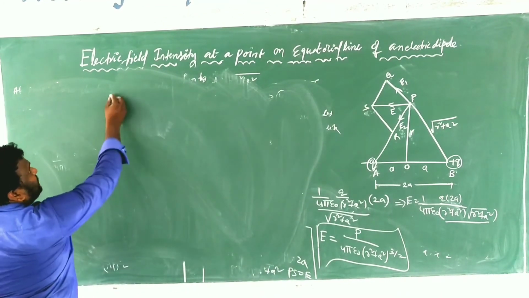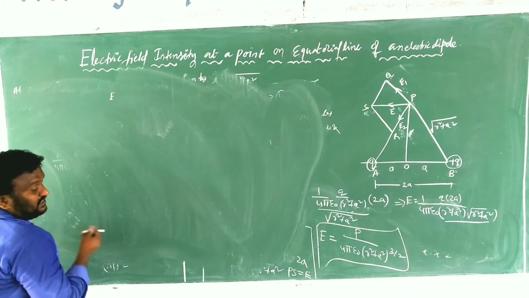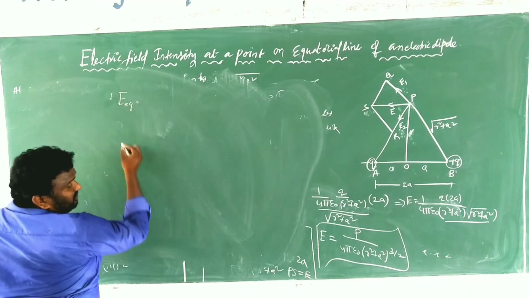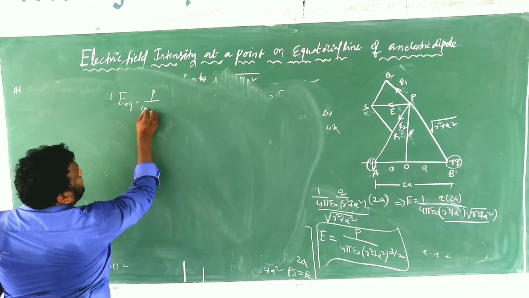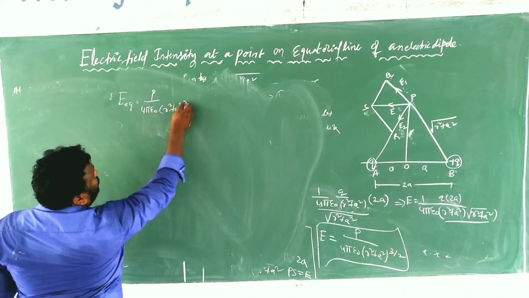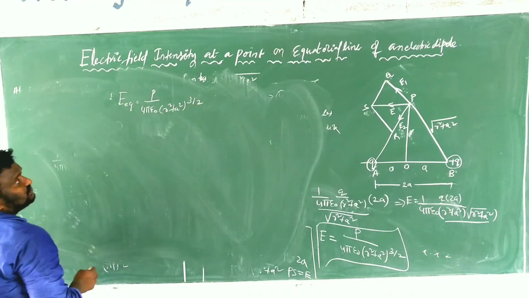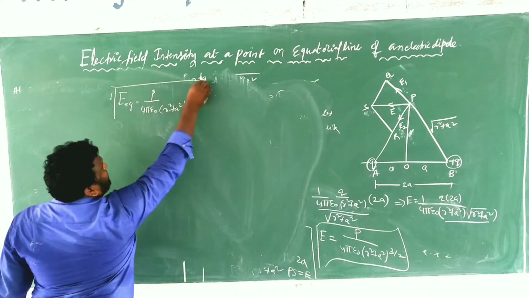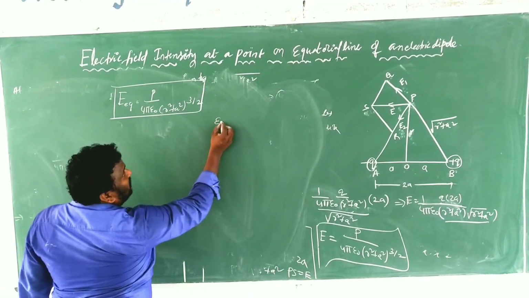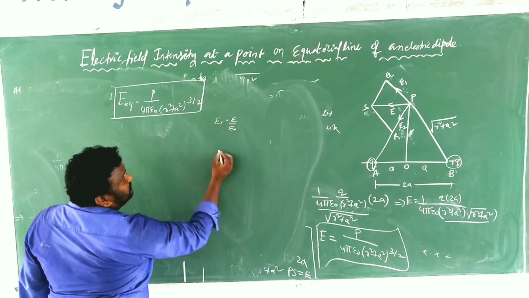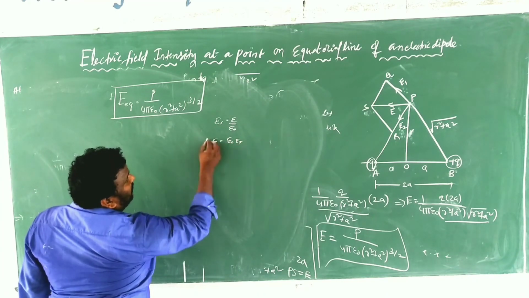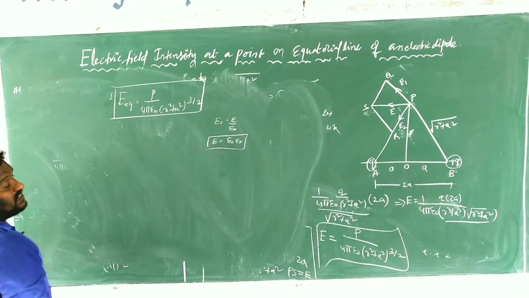Look here. This is what E is equal to on the equatorial line. That's why I am showing here. It is P by, what is P? Dipole moment, 4 pi epsilon naught into (r square plus a square) whole to the power of 3 by 2. So this is for free space or vacuum. And if we consider epsilon r is equal to epsilon by epsilon naught, then epsilon is equal to epsilon naught into epsilon r. Epsilon r is the relative permittivity.